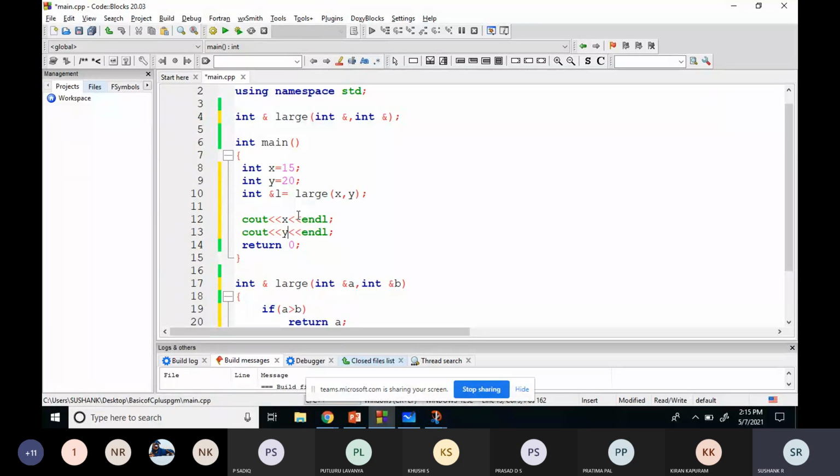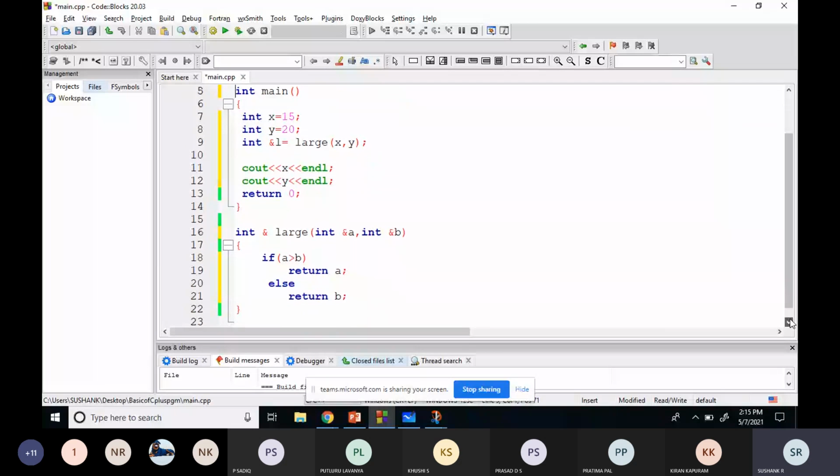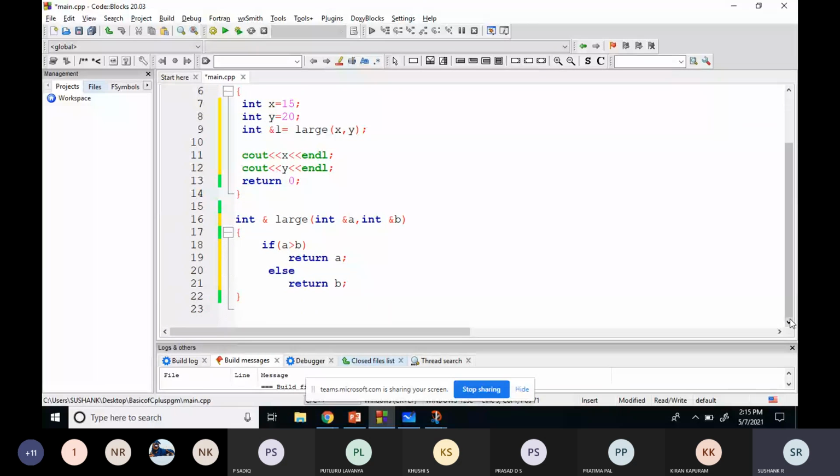So you just work out on this example. Also one more thing, you just go through the functions in C, so that in the next class I can talk about function prototype. If you go through the functions in C, it will be easy for you to grasp whenever I'm doing the classes. So what will be the output in this case? What might be the output?